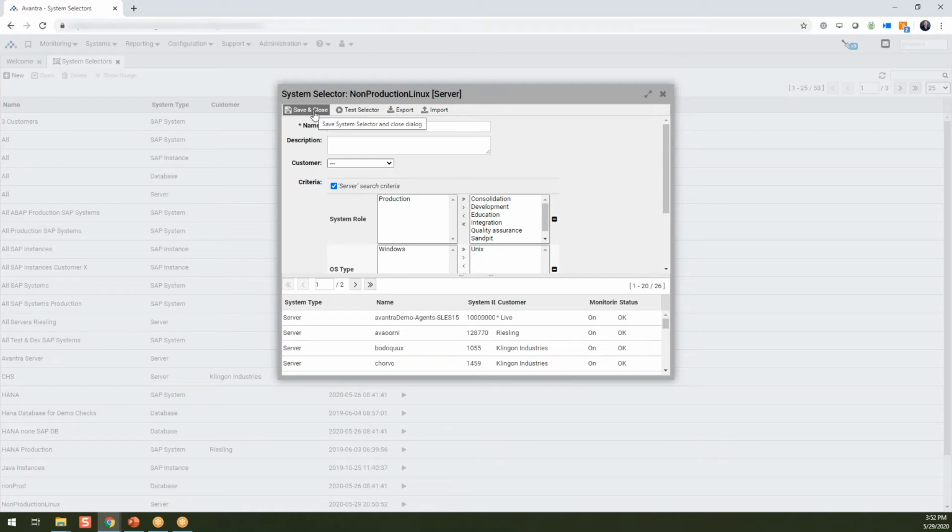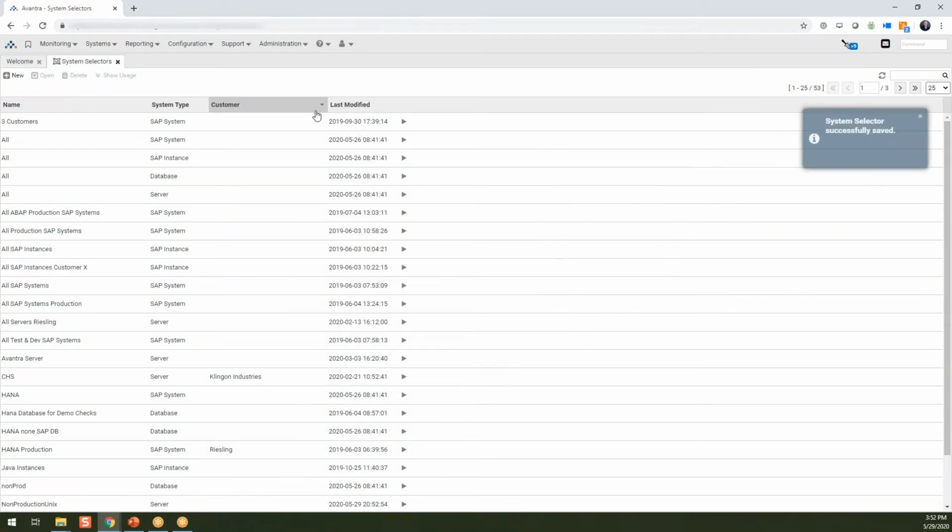Next, we'll just save and close. And that is it. That is a system selector. This is probably one of the most vital and important things to understand within Avantra, because we are going to be using these